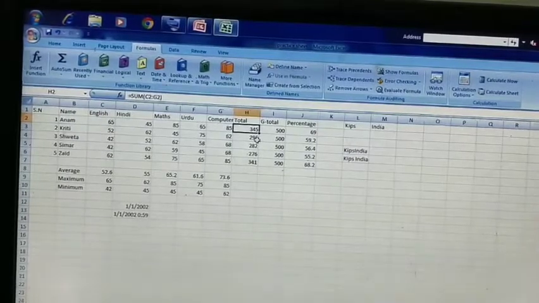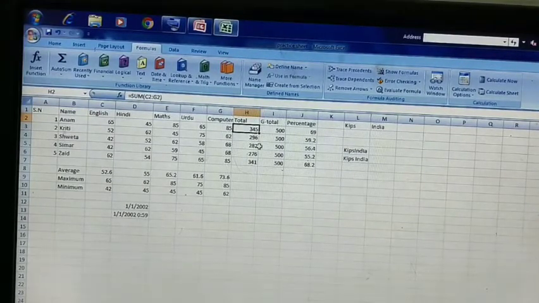Like you have seen what I did, I just entered the formula in cell H2 and simply dragged it, and accordingly the cell address has been changed. You can see here it is C2 and G2, here it is C3 G3, here it is C4 G4, and here it is C5 G5 and C6 G6. So in the same way it will be changed. So this is known as relative cell reference. When the cell reference changes according to the position of the cell, it is known as relative cell reference.